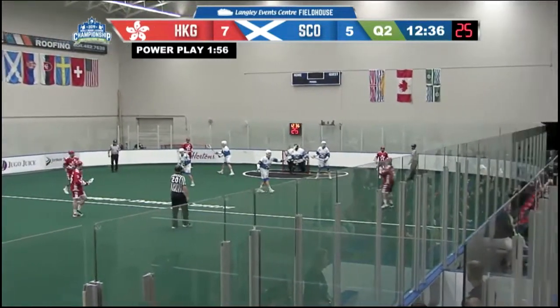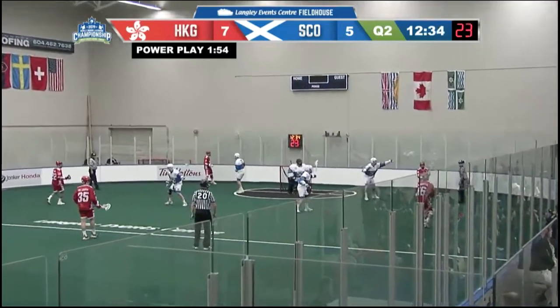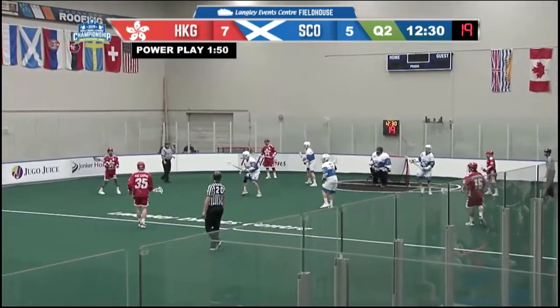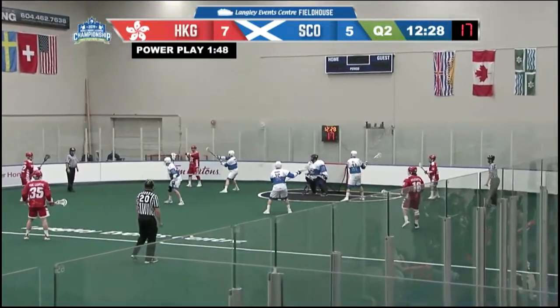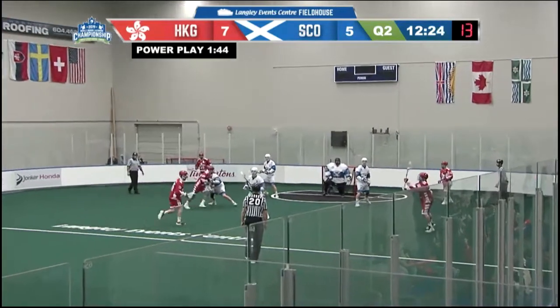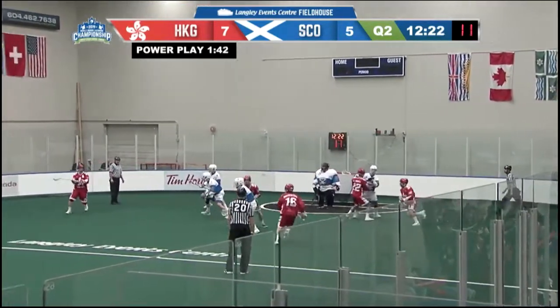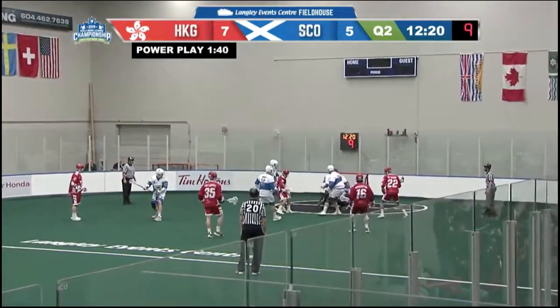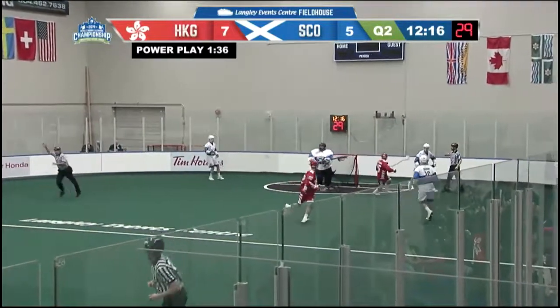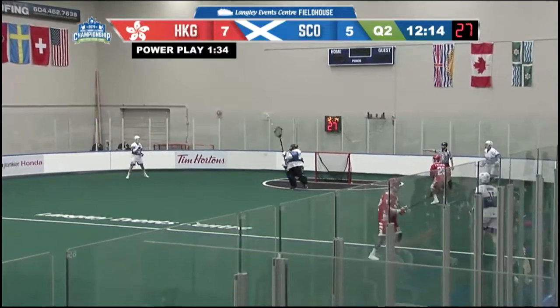2:19 in, Hong Kong to the power play, already now with a 7-5 lead. Houghton moving it around, 5-on-4. Hong Kong trying to get it set up. Houghton from the right side now sends it across. Left side in front, trying to finish that off. There was Chang. He's kept out by McFeeters.